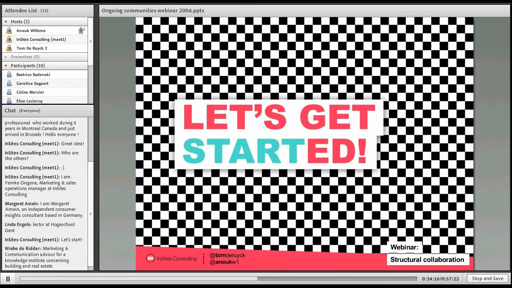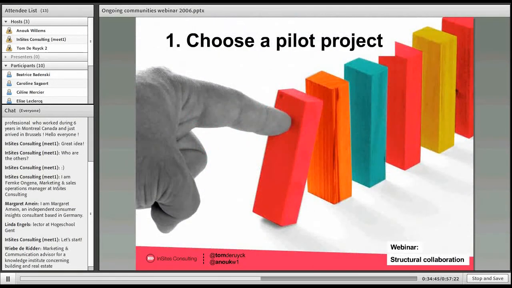If you start your first community, you need to pick a pilot project that is linked to relevant objectives of the project team. One of the things that we learned over the past years is that the community needs to fit the organizational culture. To give an example here, at Heinz, they work with quarterly marketing plans. So the marketeers, they need to reach their quarterly objectives. As a consequence, they use the community for more short-term decision making.